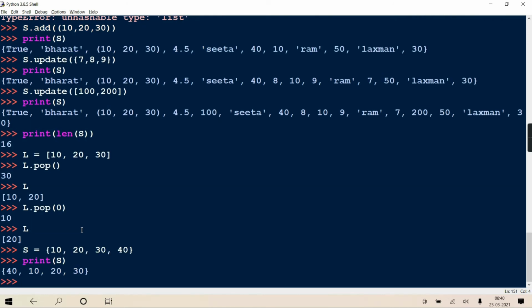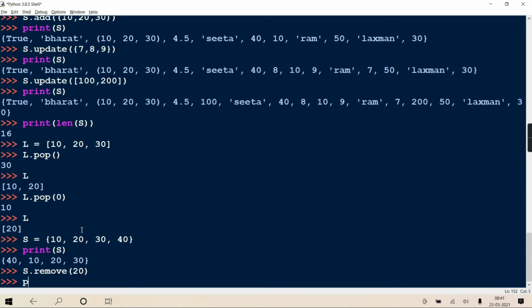Now there is one method called remove, and you can give the element which you want to remove. So the remove method is there for set, exactly the same as for list. So s dot remove and give the element which you want to remove.